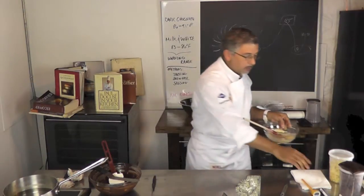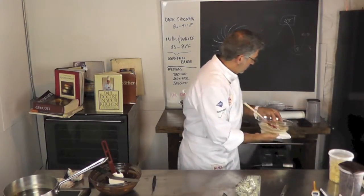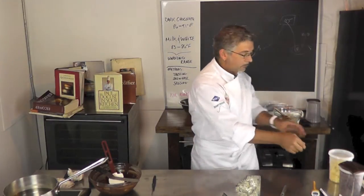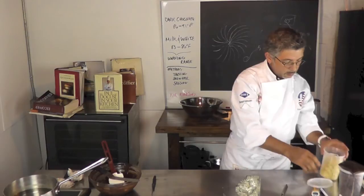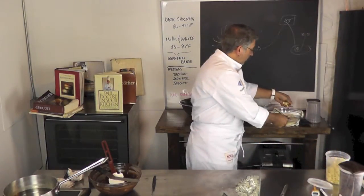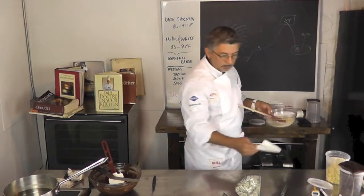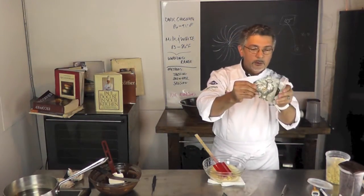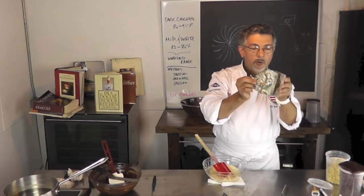Okay, it's 110. So I'm going to put it here on the side so it cools down while we're going to put a couple of seeds, because I'm using the seeding method for the white. Remember, that's my favorite one. And I'm going to fill this mold, which is a little rooster. These are antique molds,